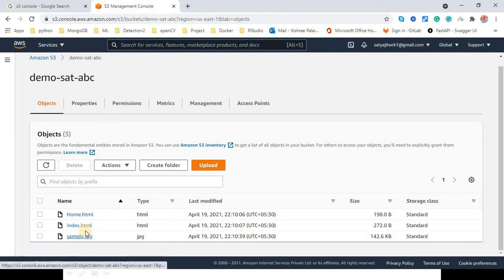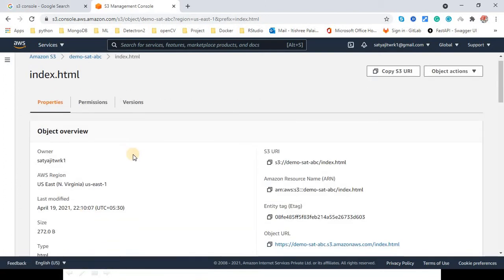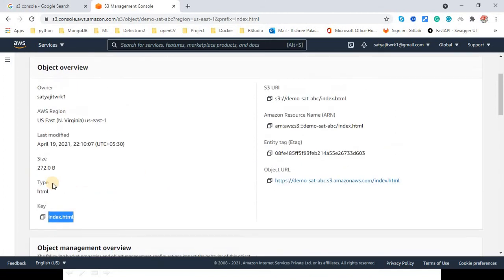Now let's go to one of the files. Let's say I pick index.html, and now you can see that this is the object URL. This is the key, nothing but the name of the file, and here is the type, and these are the attributes of the object.